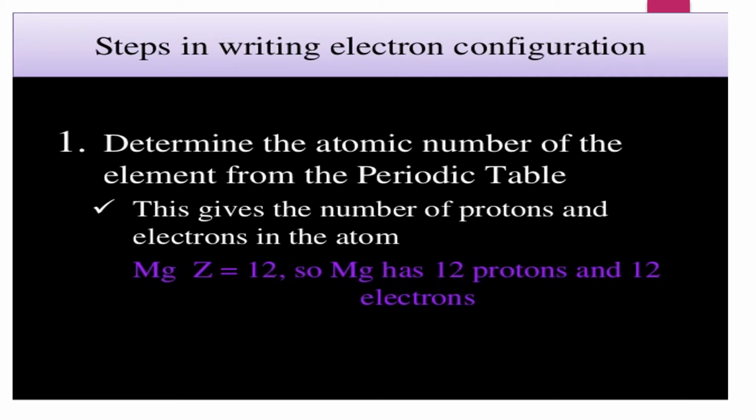The next one. What are the steps in writing the electronic configuration? You have learned the electronic configuration can be written in the form of SPDF notation, that is nlx. How has it to be written? For example, you are writing the electronic configuration of magnesium, whose atomic number is 12. This has 12 protons and 12 electrons.